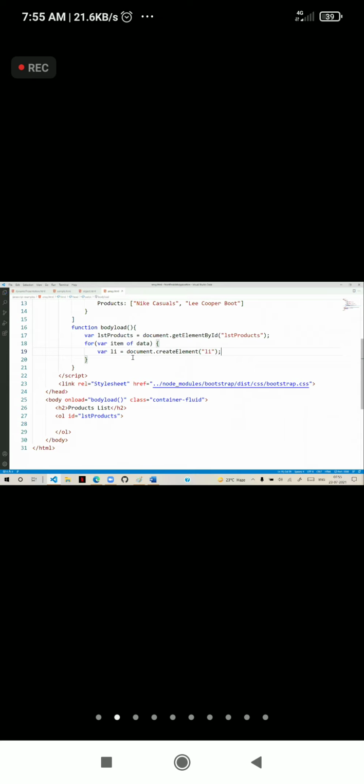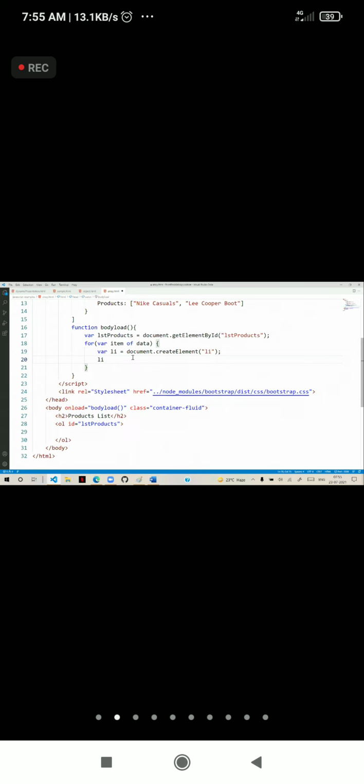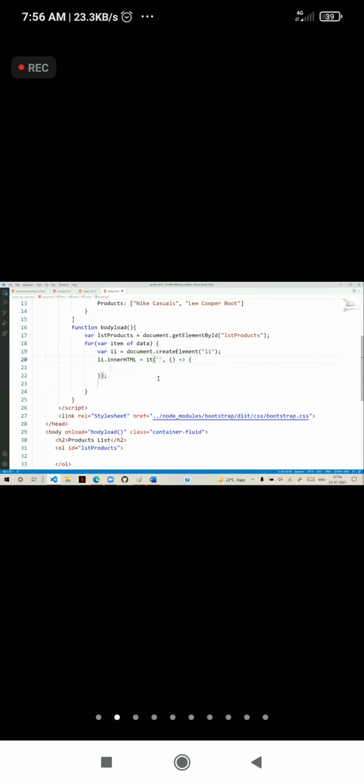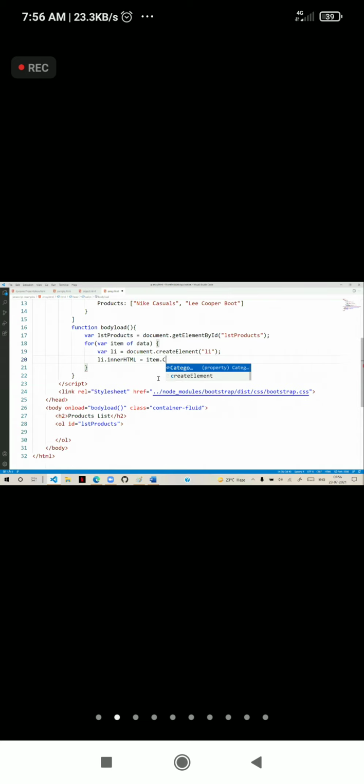We created a list item, and into this list item, li.innerHTML, we need to add some data. So the data is item.category. So item.category, the category name, is added into the list item.